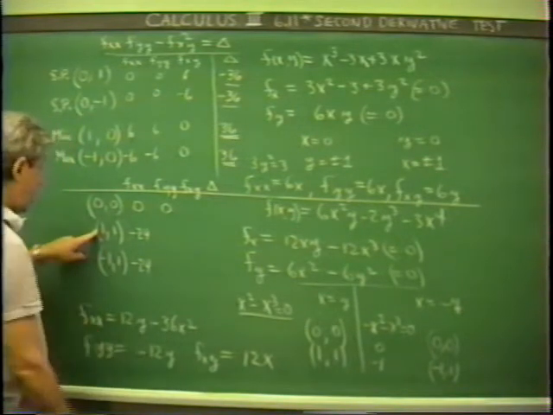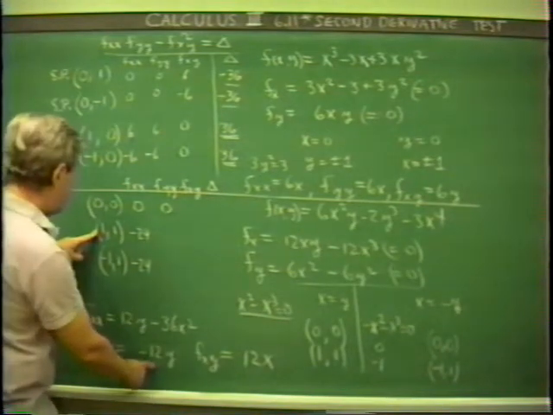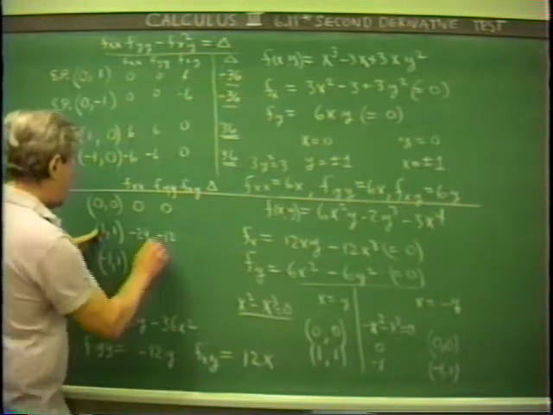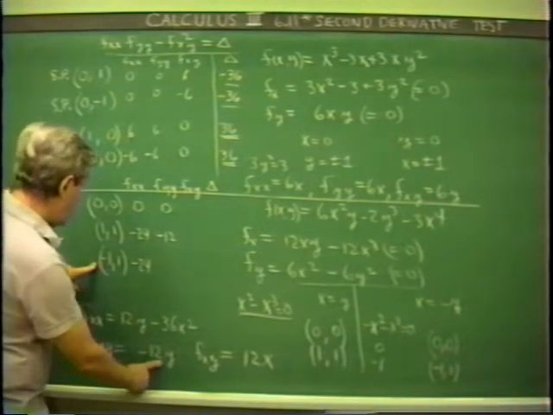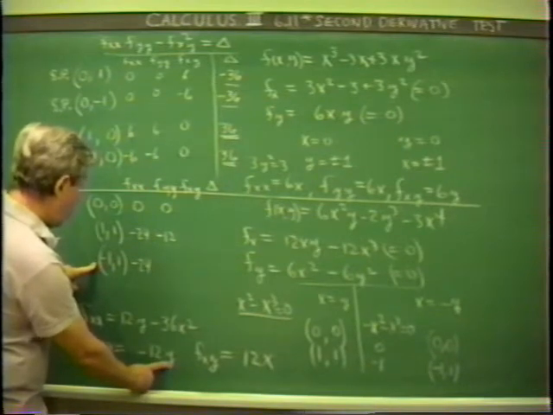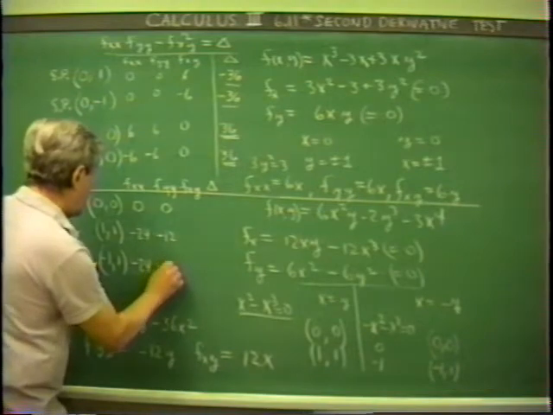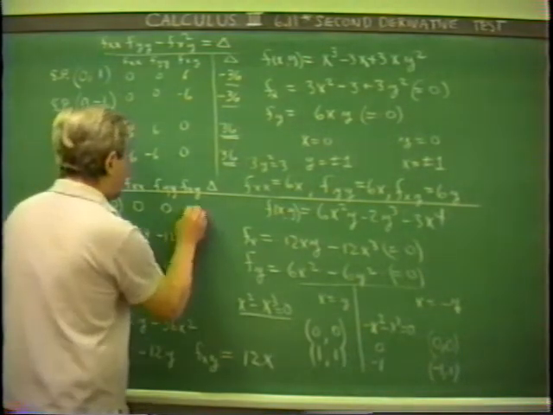Partial with respect to y and then with respect to y. At this point it's going to be 0. At this point right here, when x is 1 and y is 1, we're going to get minus 12. At this point right here, when x is equal to minus 1 and y is 1, we're going to get